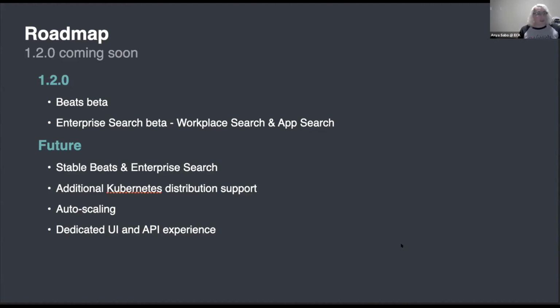We also support OpenShift and, quote unquote, vanilla Kubernetes, which maybe you installed yourself with Kubespray or some other mechanism. But there are a lot of Kubernetes distributions out there that have real usage, so having formal support for those would be useful. Another thing that we're excited about adding is a better auto-scaling story.